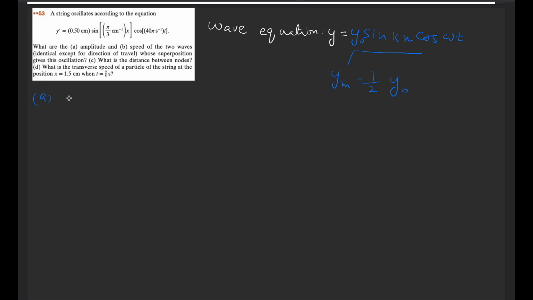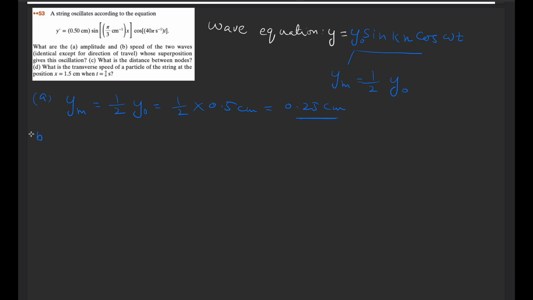So let us solve part A. ym is equal to half of y naught. So half multiplied by y naught, which is 0.5 centimeter, will be equal to 0.25 centimeter. So this is the amplitude of the wave. Part B,